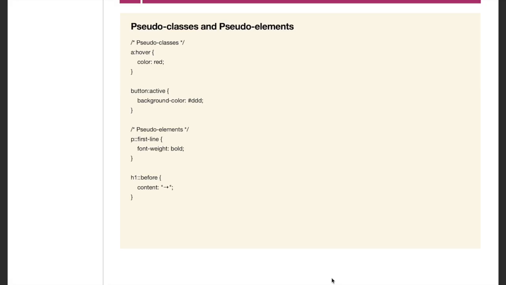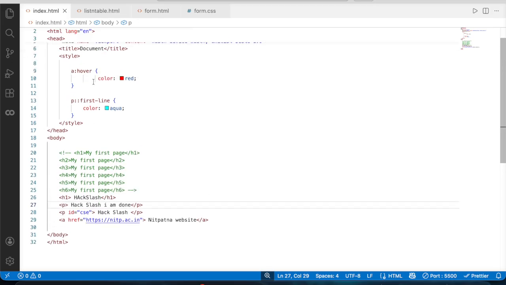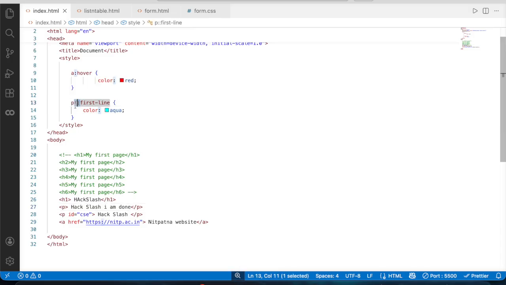We write it using a single colon. Okay, so pseudo elements को हम लोग कैसे यूज़ कर सकते हैं? अगर हम लोग VS कोड में जाए तो मैंने आपके लिए ऑलरेडी लिख रखा है यहाँ पे कि P / I am done ये लिखा हुआ है। ठीक है, और मैं pseudo एलिमेंट को हम लोग ऐसे डबल कॉलन से रिप्रेजेंट करते हैं। ठीक है, इसके लिए भी कोई आपको बहुत हाई लेवल नॉलेज की ज़रूरत नहीं